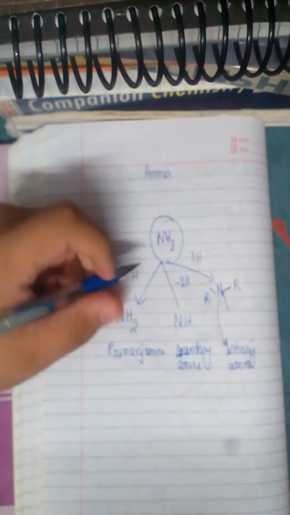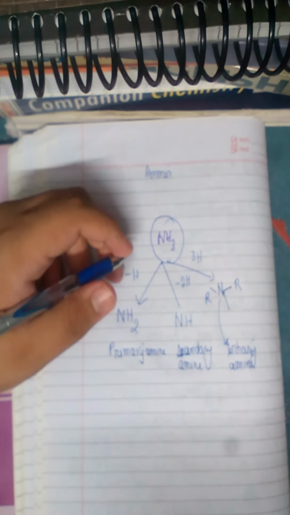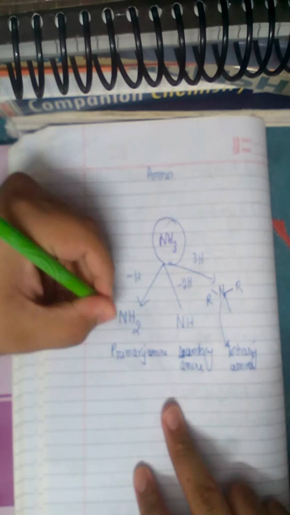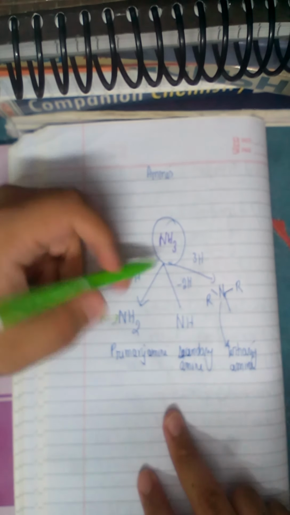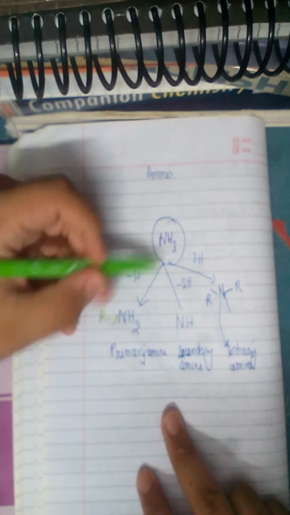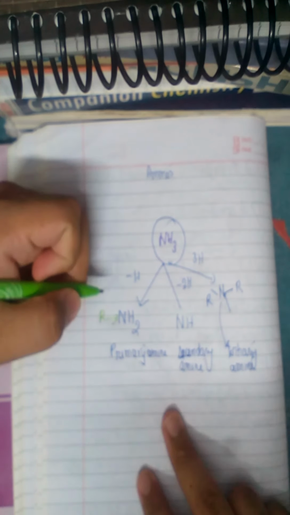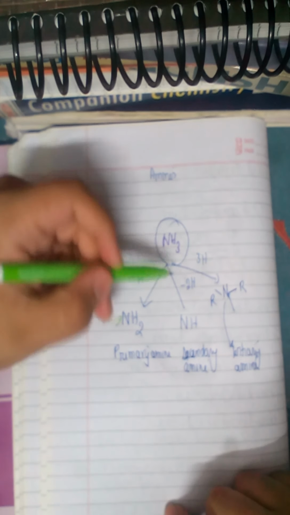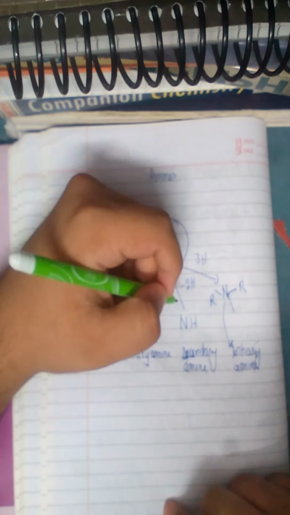There's one thing I forgot to mention here. If you remove a hydrogen, some other group has to replace it, and that group which replaces it and which we don't know, we call it an R group. So one R group comes and it becomes RNH2. One hydrogen gone, so it is NH2, and instead of hydrogen there is an R group. Whenever a hydrogen leaves a compound, an R group will also come into that compound. Next, in this case I have removed two hydrogens, so this becomes NH, and if I have removed two hydrogens, an equal number of R groups have to come because we have to satisfy the octet.